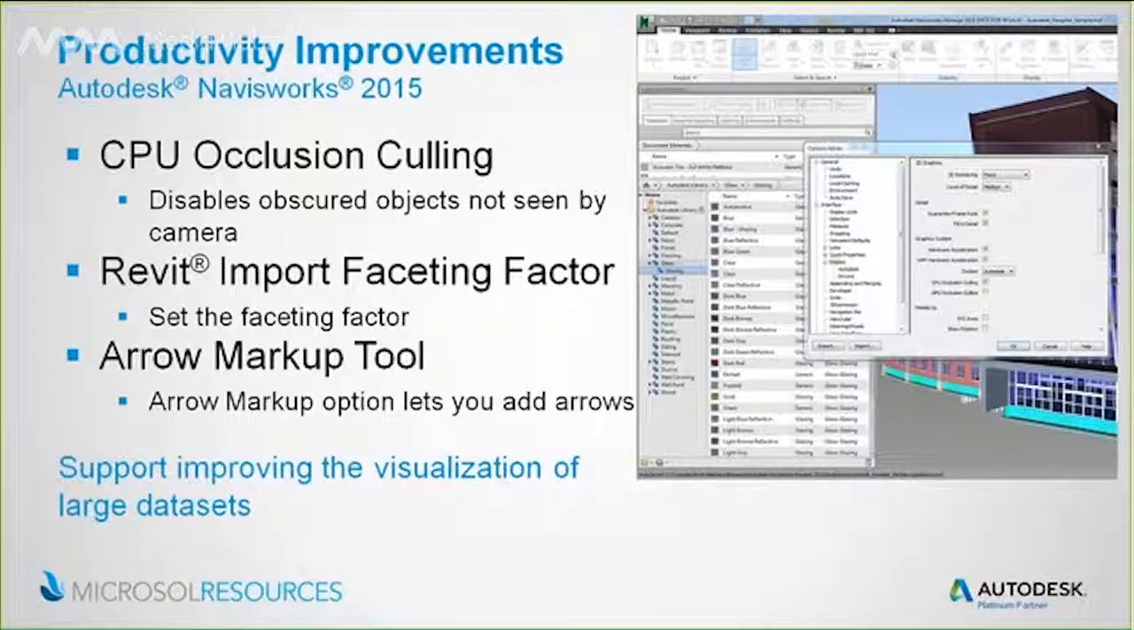Again, I don't know if I have much to show you with this, but I'll point out where all this information resides. The ability to set occlusion culling. Basically, it's a fancy way of saying that NavisWorks disabled any obscured objects during a render in a camera view. So it won't look at that information if it's sort of obstructed by another object. There's an importing